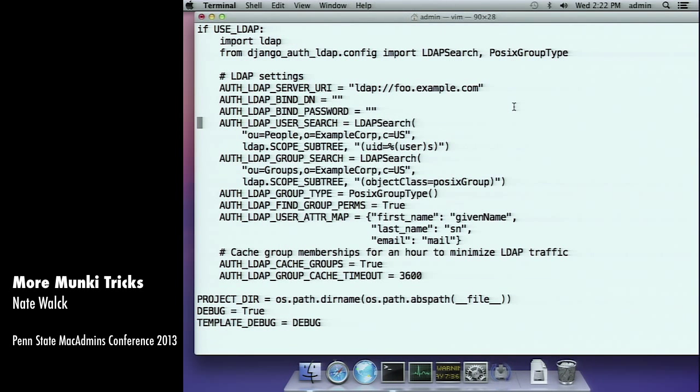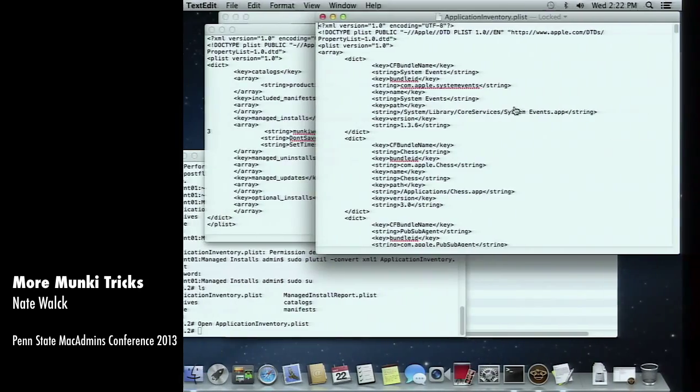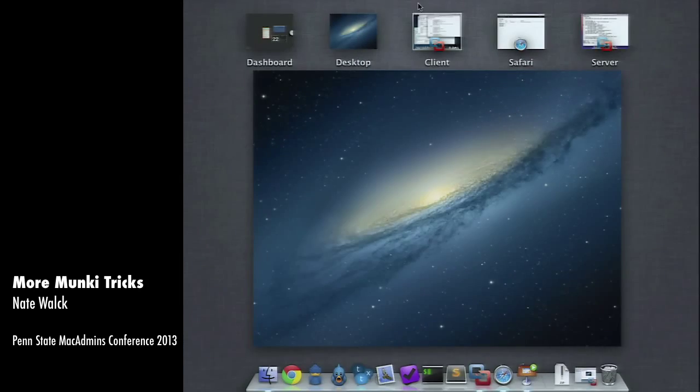And I broke something. What did I do? Oh, I don't know. I hate how it rearranges all this stupid